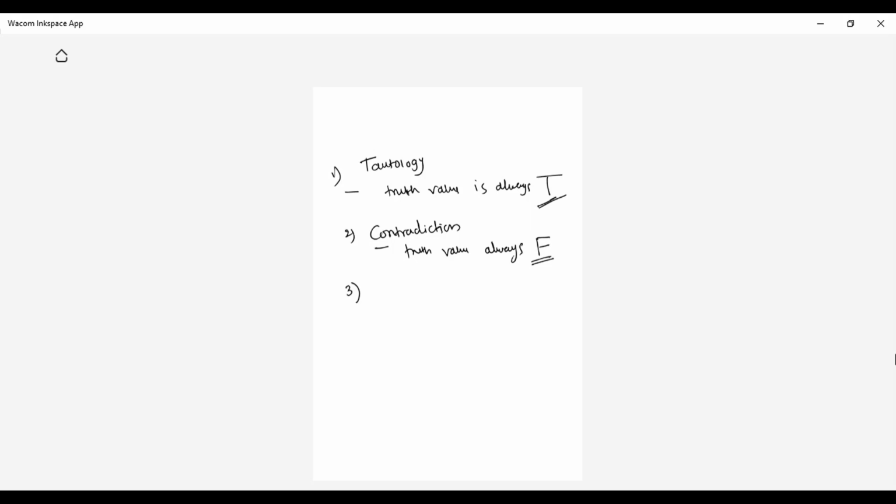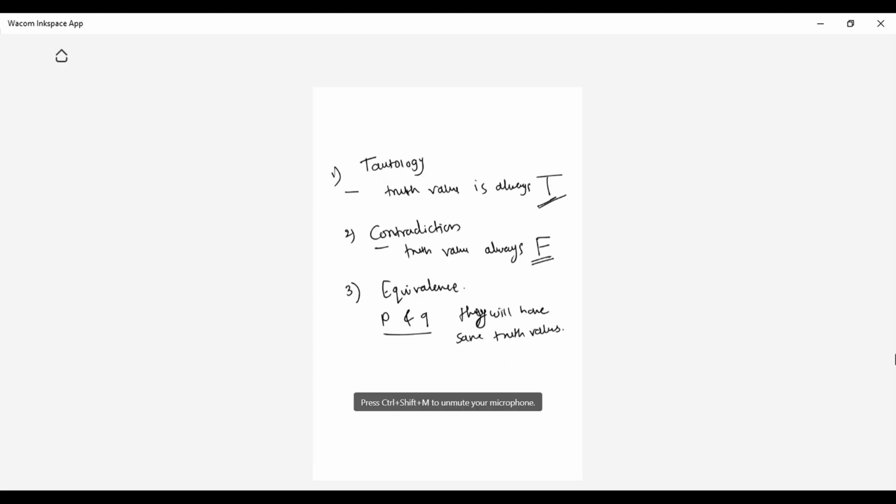And the third one is equivalence. When we say that two statements are equivalent: two statements P and Q are said to be logically equivalent when they have the same truth values.